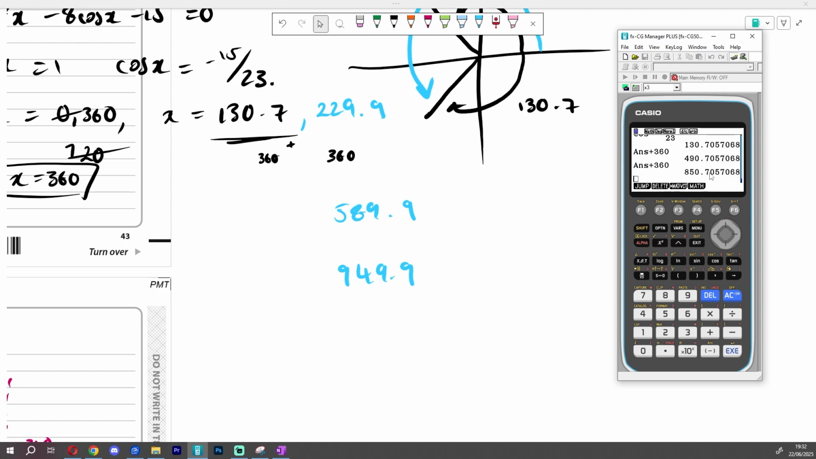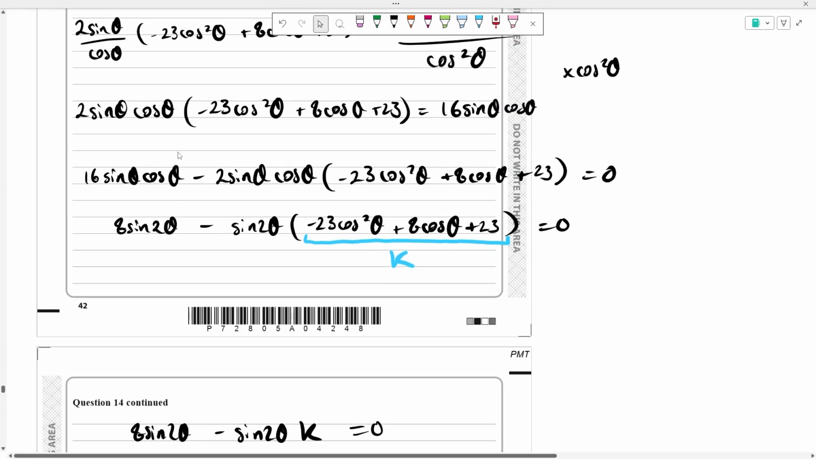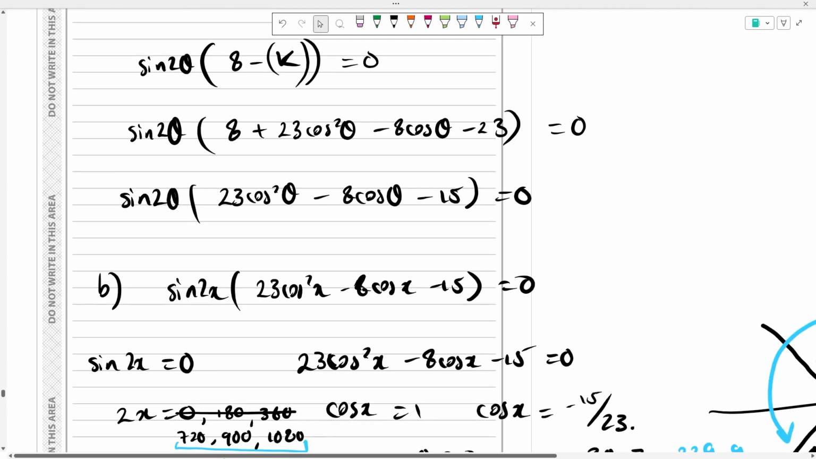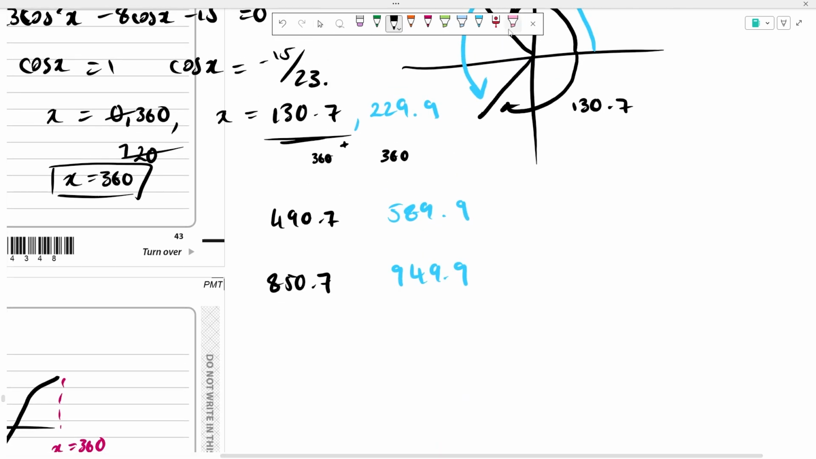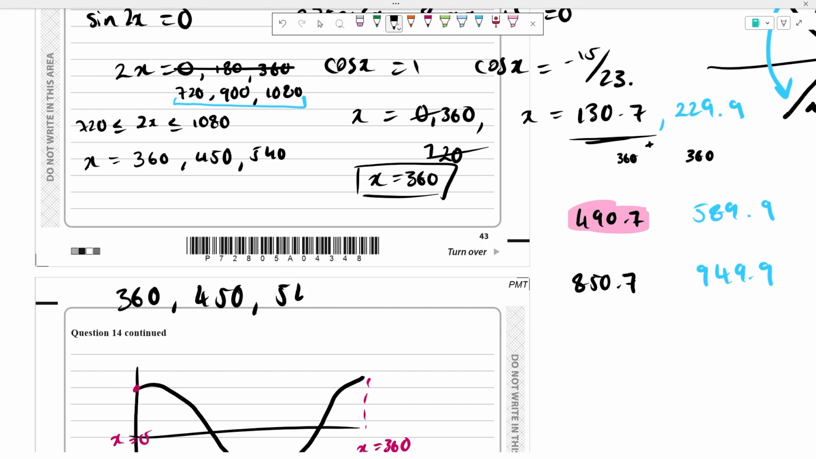Okay, so then here our two other values for this would be 490.7 and 850.7. Which two are we more interested in? Well, we're interested between 360 and 540. So that's going to be these two. Actually, just even one, because it's not between 540, so it's only going to be this one. That means our final answers are going to be 360, 450, 540, and